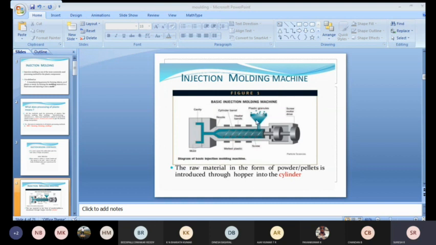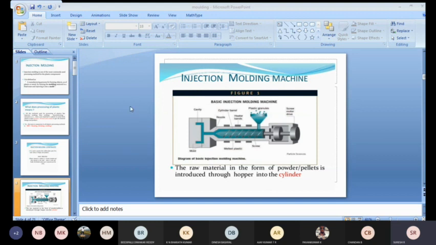So this is the screw motor drive. I'm going to tell what the function of the screw motor drive is. These are the screws, surrounded here. This is the hopper in which the plastic granules are placed. These are the heated beds, three at the top and three at the bottom. This is the cylinder barrel for the required shape. This is the nozzle, and this is the mold.